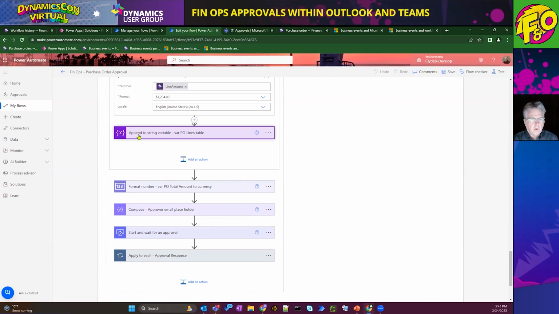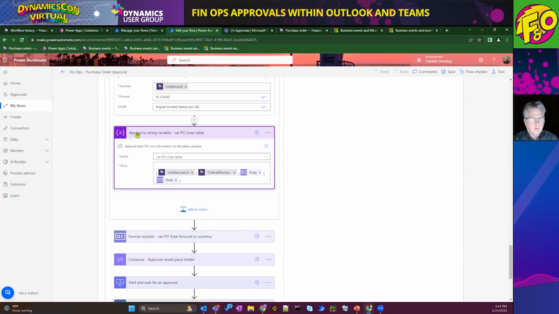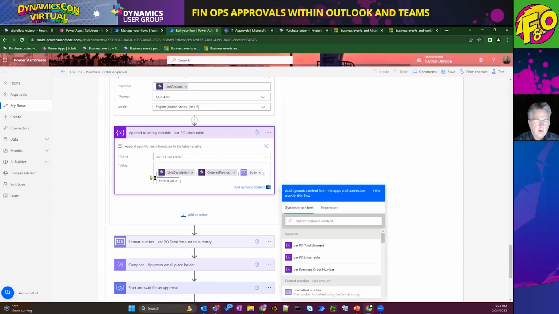We're going to append the string variable. Let's see if I can get this open up. Here we go. So we have our line items variable that we were using, that we started up at the top, and we're putting in these variables or data items that we got back for each line item. One thing to note here is because the approval action formats a little bit differently, we have to intentionally put a carriage return in here. So basically click there, hit the enter button so you move to the next line. That makes sure that this is a new line formatted for that.